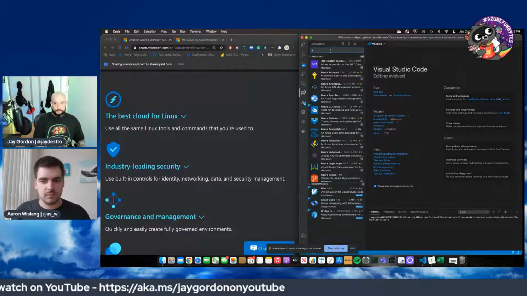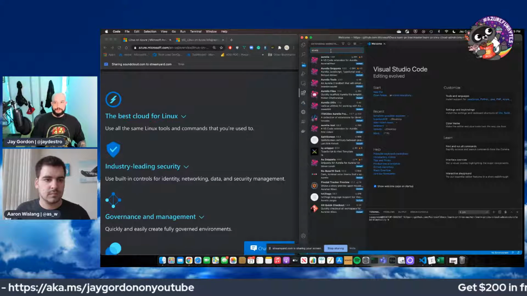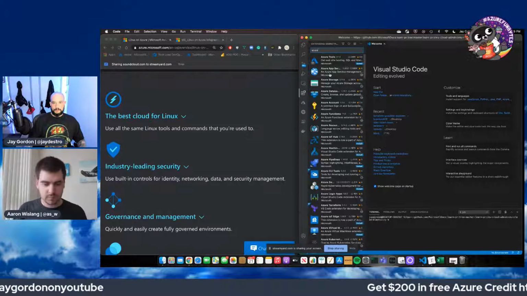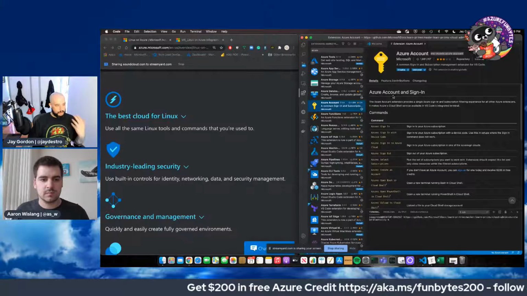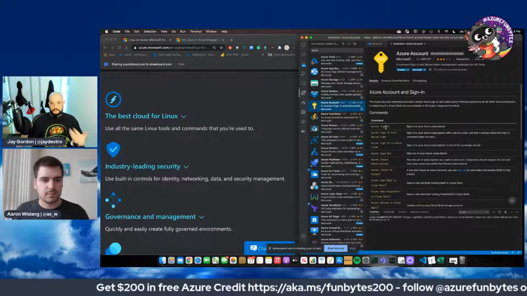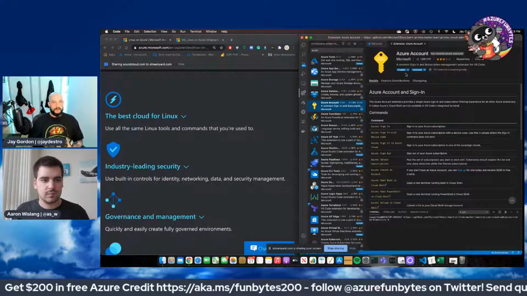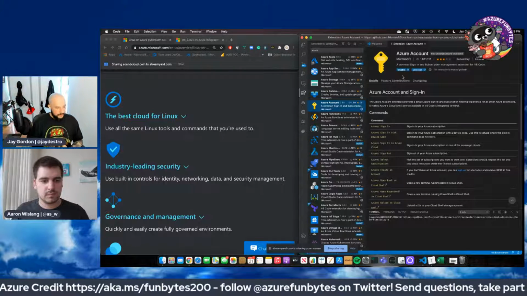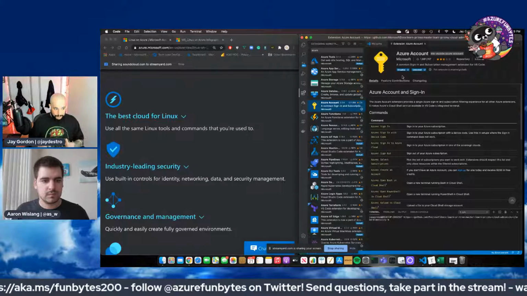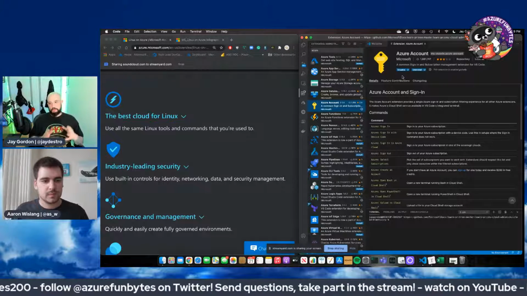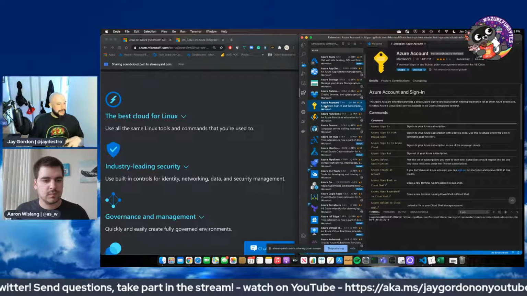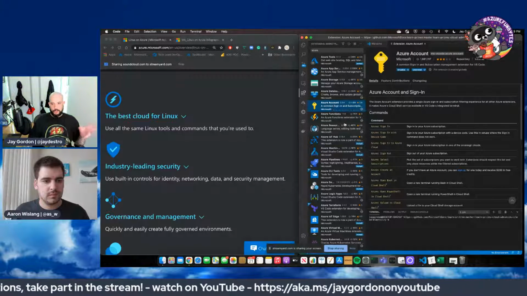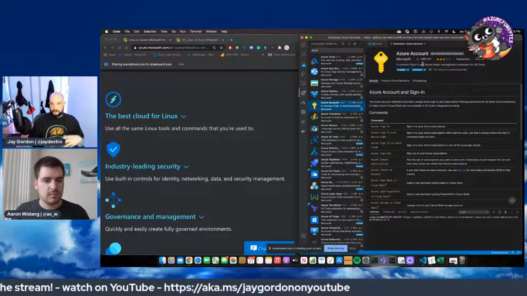So the first thing you want to make sure is that your Azure account extension is installed. And then once that's installed, you'll want to make sure that you sign in. So you'll get a two-factor authentication request. If you have two-factor, which you should have installed and configured, you'll be given that authentication bit. And then what you'll do is have access to manage and manipulate resources on your Azure account right from here